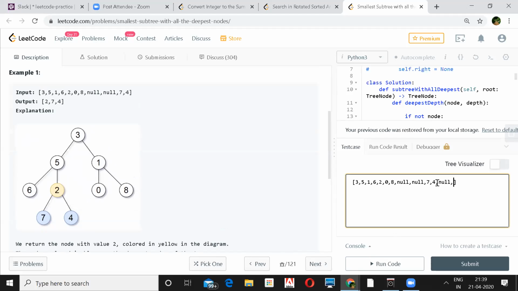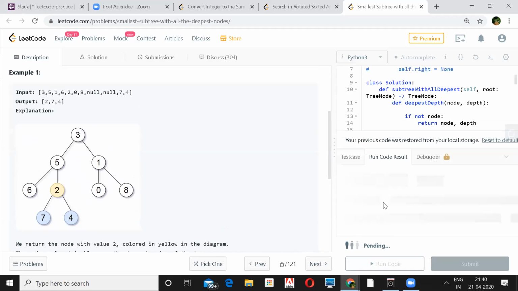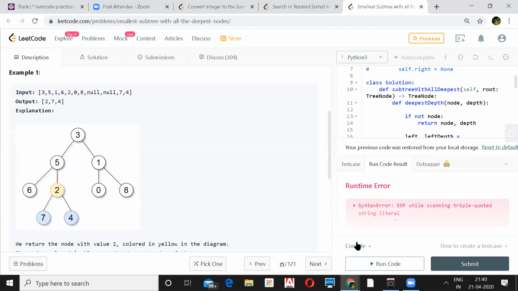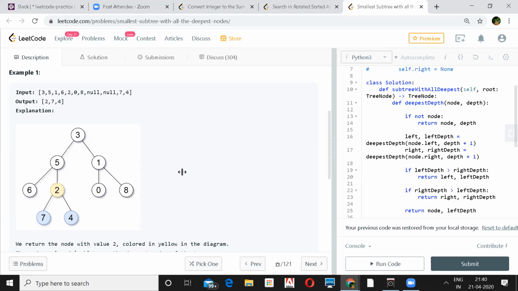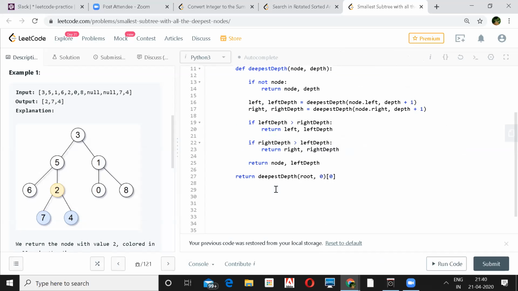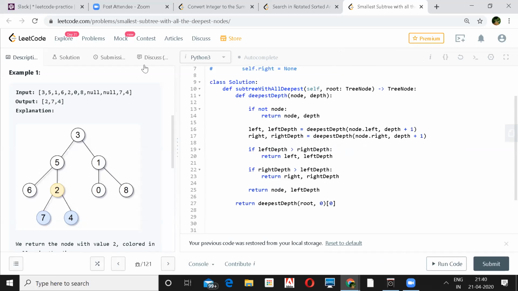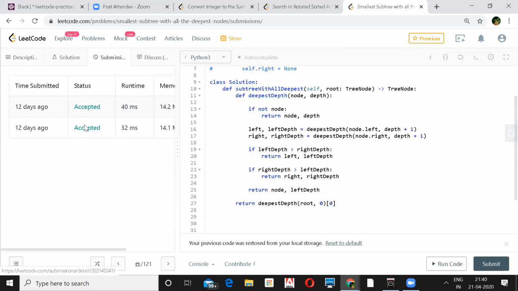Yeah, 3 nulls for this one, and 9. Yeah, they expect 3 to be the answer. So they are saying that they return the node with the largest depth so that it contains all the deepest nodes.